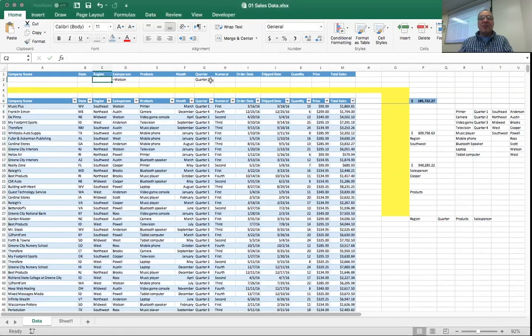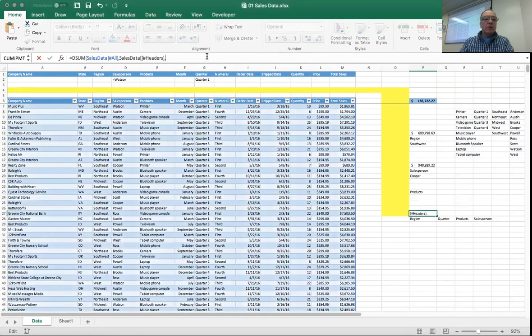Using the DSUM, you can see a lot of similarities between this and a pivot table. However, if you just want to do something quick without going through the process of doing a pivot table, you can do something quickly to get the information that you want. So lastly, I'm not going to do products because you get the point here. I'll just create this last formula real quick and go here, data headers, total sales,